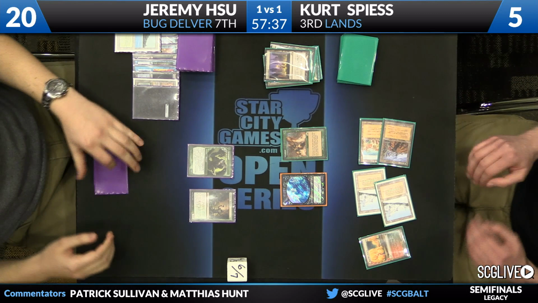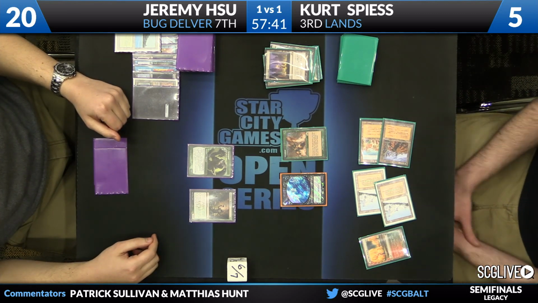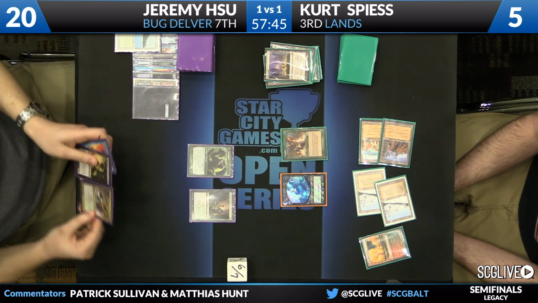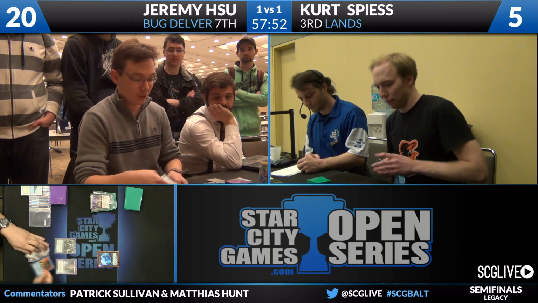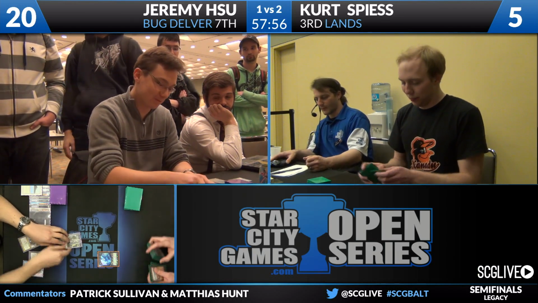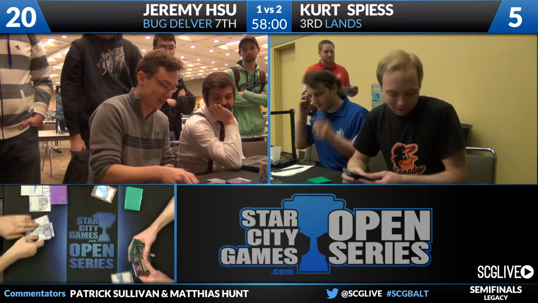And here we are. So Jeremy needs to find a green source of mana to be able to remove his Delver to survive this attack next turn. Right, and he finds Abrupt Decay. That will be no help. He has no flying blockers. And Kurt Spiess moves on to the finals, winning 2 games to 1 over Jeremy Shu, where he will face Daryl Ayers. Another impressive win there for Kurt. Just another game, just like Game 3 in round